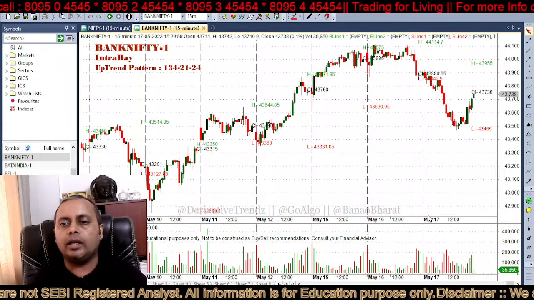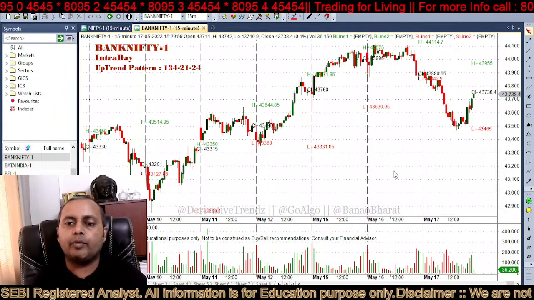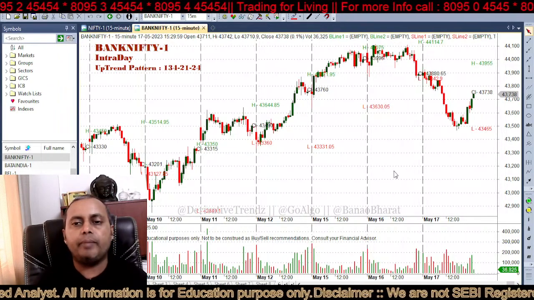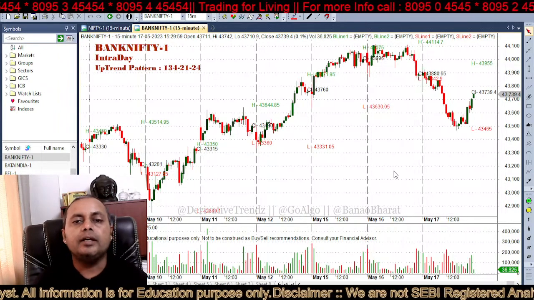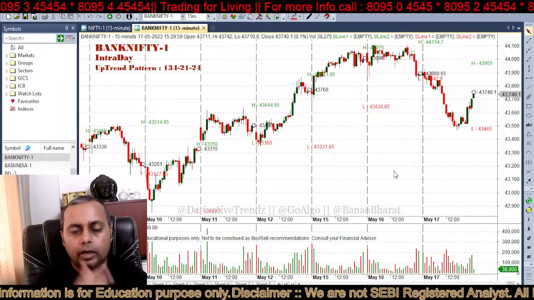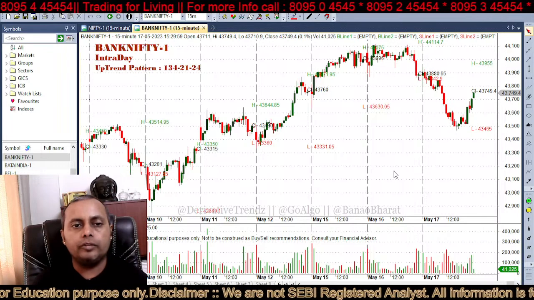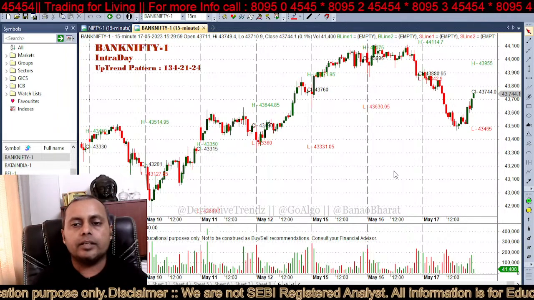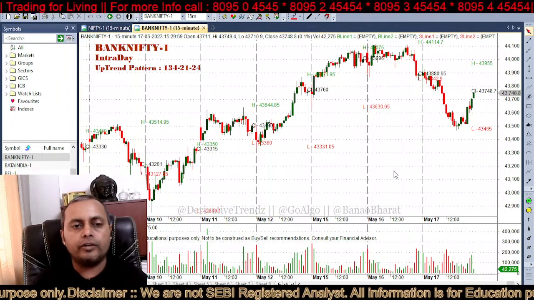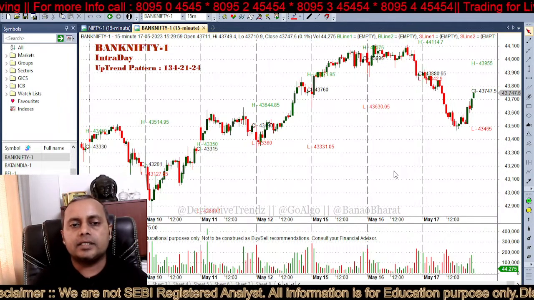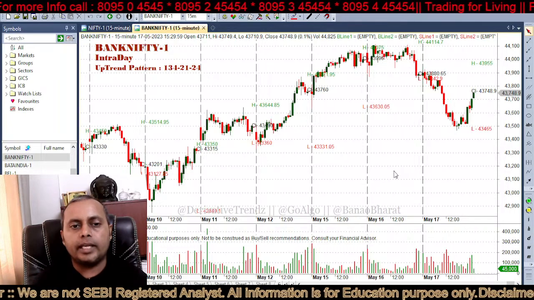You can see here one high is at 43,955, second one is 44,144, and as we were speaking yesterday, Bank Nifty has actually not taken out the all-time high yet. It is 44,248 on the futures. It has not taken out. It has topped out at 44,114, and when it comes to Bank Nifty spot, it just came as close